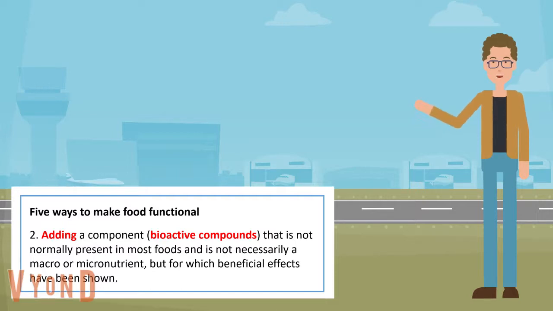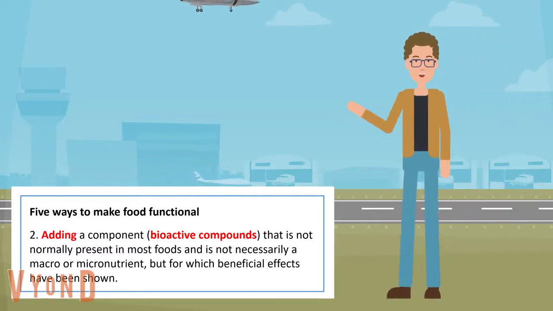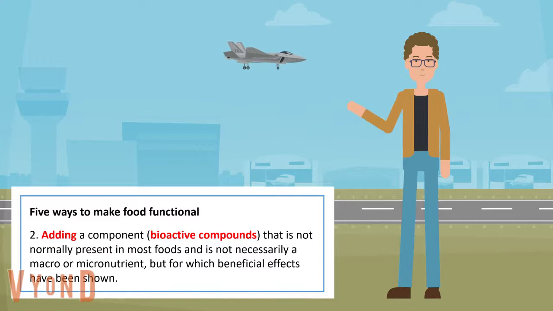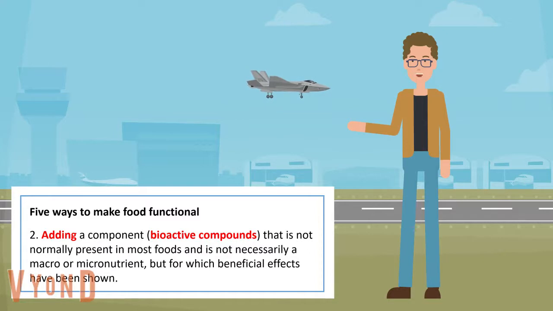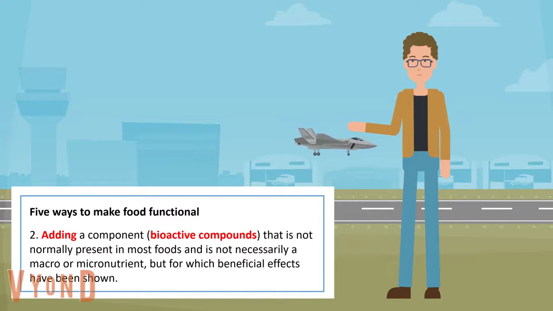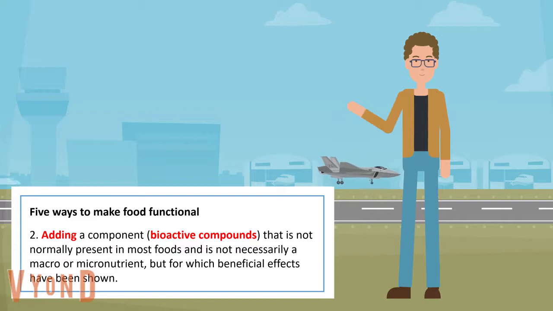The second way is by adding a component that is not normally present in most foods and is not necessarily a macro or a micronutrient, but for which beneficial effects have been shown. There are many challenges in these methods. Things like sensory acceptability might change and require further development by using combinations of hydrocolloids, conditioners, or even special